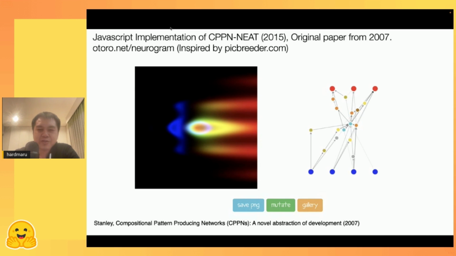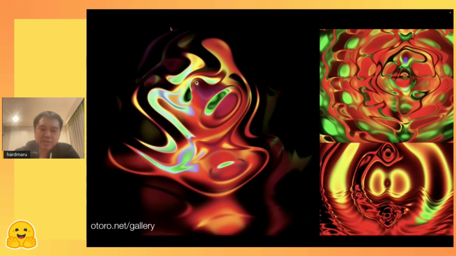You evolve a network on the right. You feed in the x and y and the distance from the center coordinate, and the network outputs the RGB value, the color. So in principle, this can generate very high resolution images because you're not confined by how many pixels you have. You just put in the coordinates. It could be any coordinate you want, and you get a color. And as these things complexify, I was able to generate very complicated images that look kind of cool.